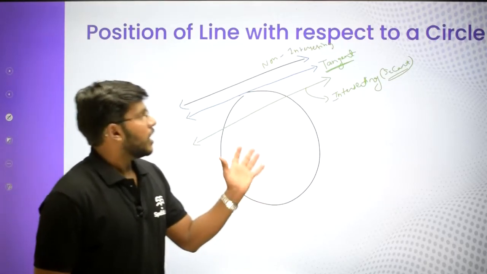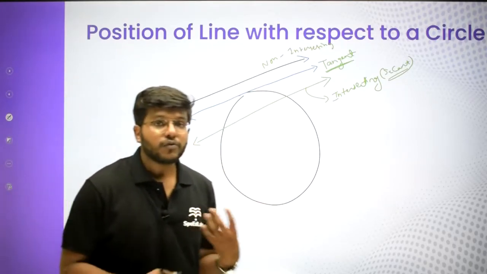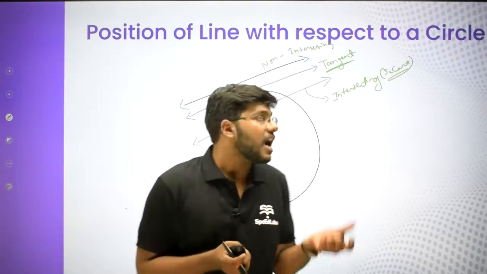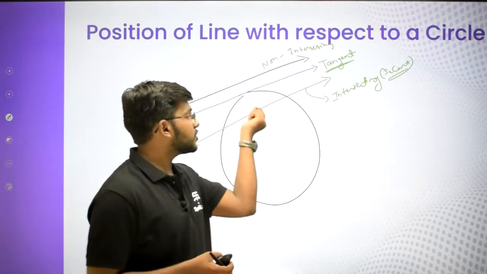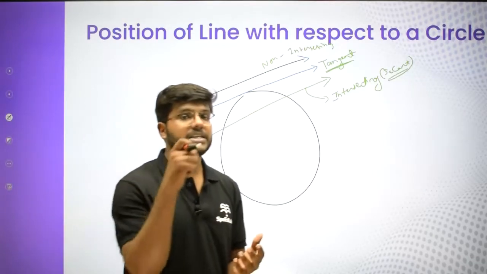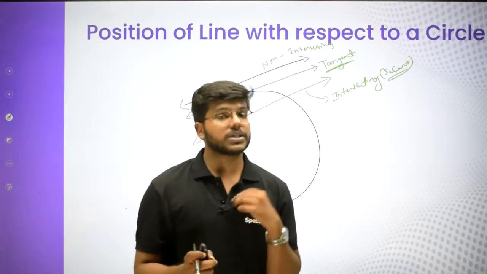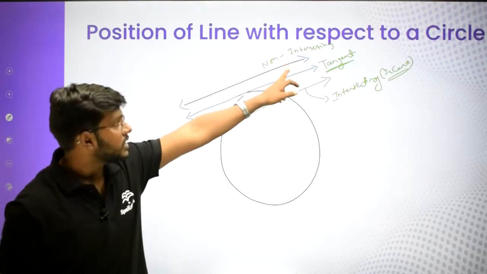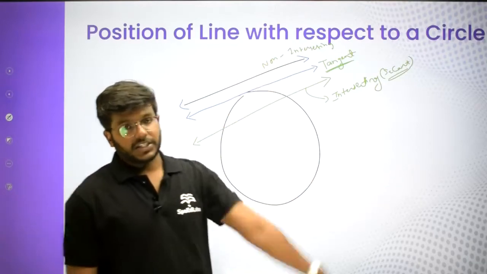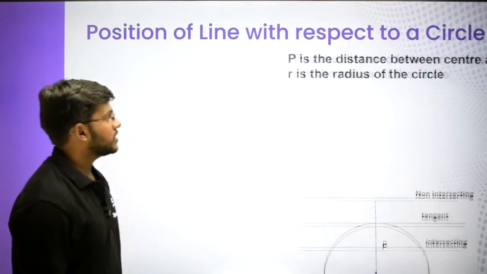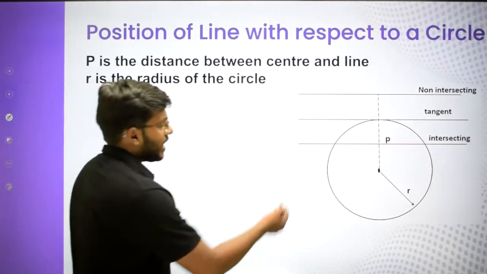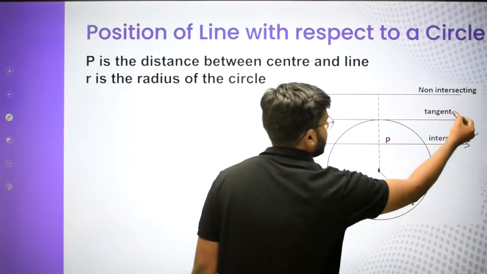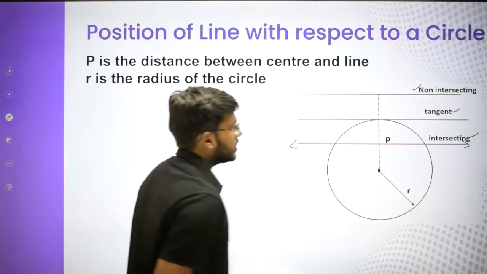All right. Now we will try to form a mathematical relation. जैसे कि अभी position of point में किया, वैसे ही यहाँ भी कुछ mathematical relation form करते हैं. कैसे हम किसी line को देख के, उसकी equation देख के बता सकते हैं whether it's going to be intersecting, non-intersecting or tangent. Okay, so let's start our concept, guys. So what we say is that these can be the three conditions, right? Either it can be an intersecting line, a tangent, or a non-intersecting line.